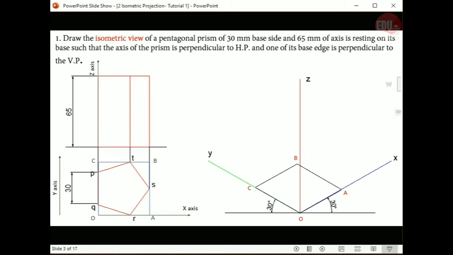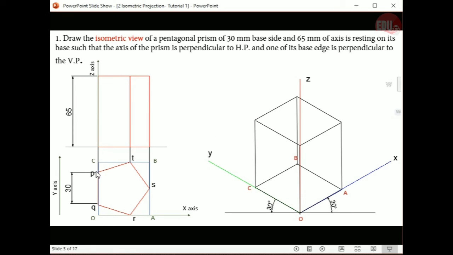So we have drawn only one face of that rectangular box. We have to put this polygon, this solid. Okay. So for drawing the other side of that box, you need to draw perpendiculars from all the points. That is from point B, point A, point O, and point C. And you have to take this distance as height, this one. So all the edges will be equal to the height. Okay. With that, you can draw the same rectangle on the top face also. So this is the box in which we are going to inscribe this pentagonal prism.